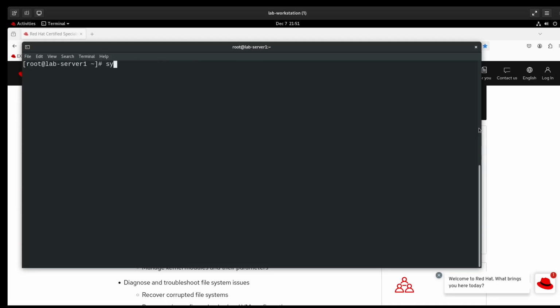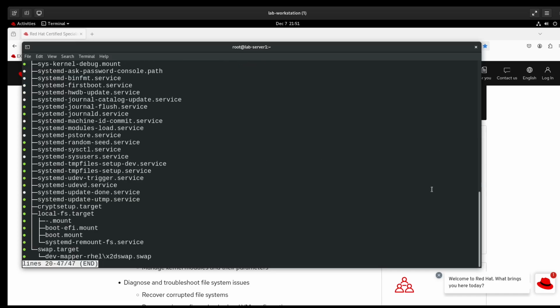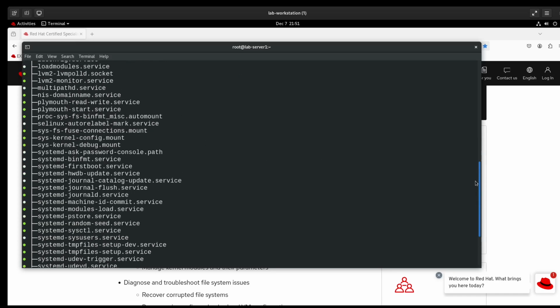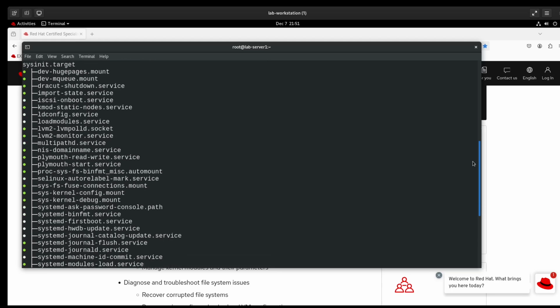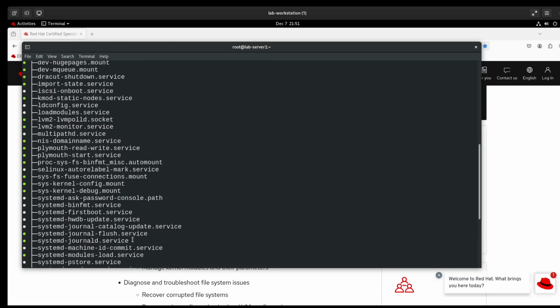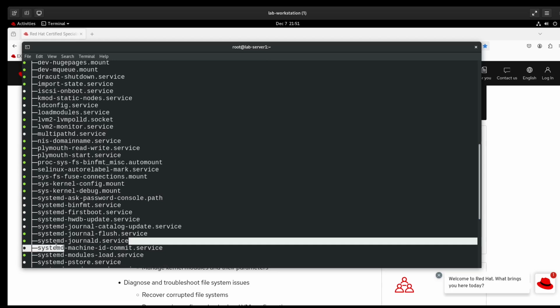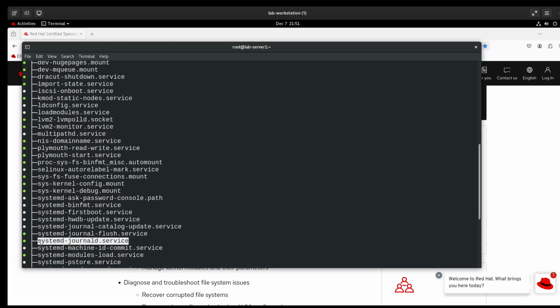So let's take a look at systemctl list-dependencies sysinit.target. Okay, this is a fairly low level thing. It would make sense that, just looking at some of these here, journald service. I wonder, well, I can't imagine that breaking boot. This might be something where I might need to do some Dr. Googling